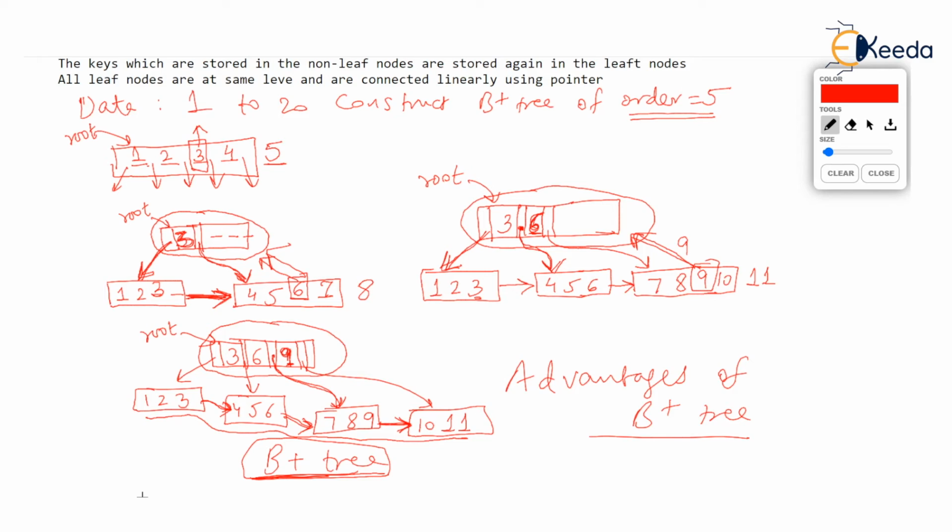If all the keys are there in the leaf nodes, now listen, imagine you are asked a query: search all values 6 or larger than 6. Check the question. Search all values which are 6 or larger than 6. Then your answer should be I found 6, 7, 8, 9, 10, 11, because 6 and larger than 6. You want to locate all these values, isn't it? So how is B plus tree going to help you in doing that?